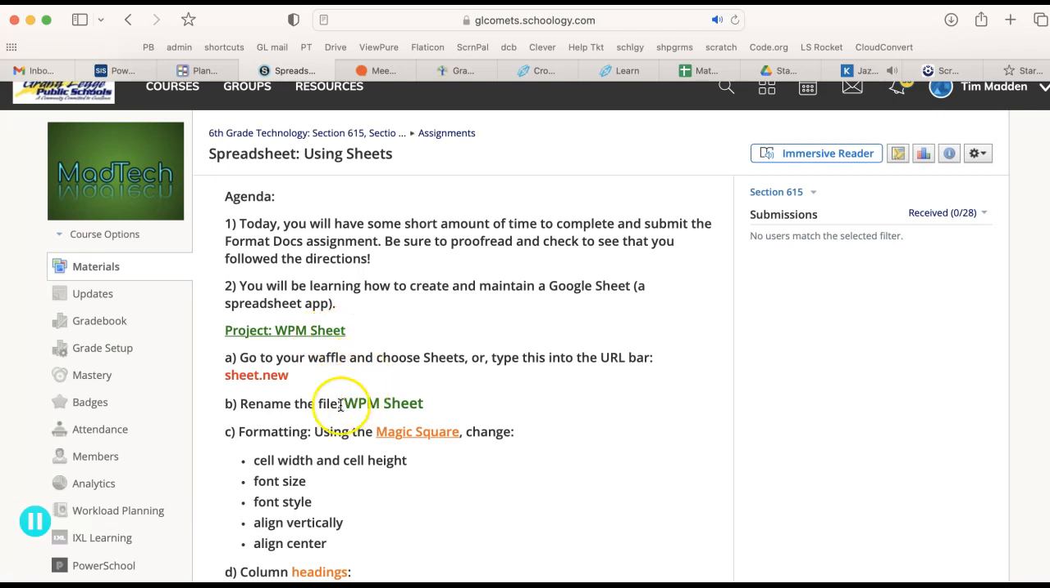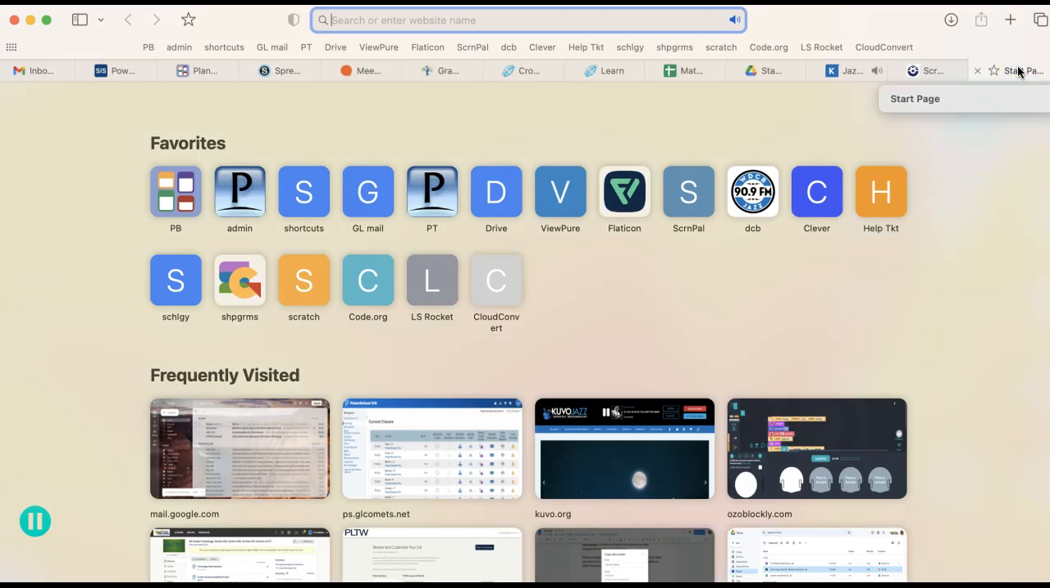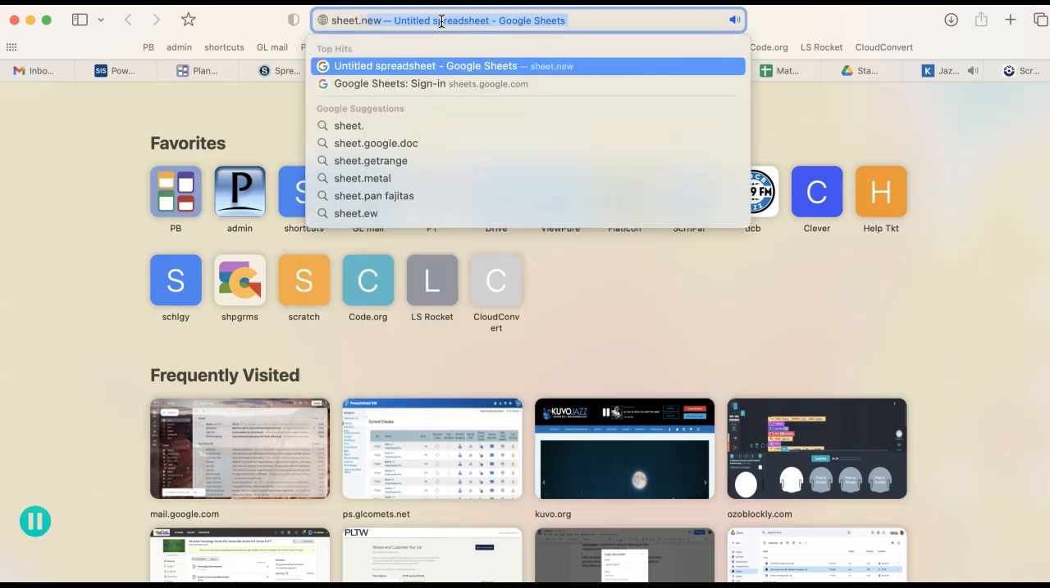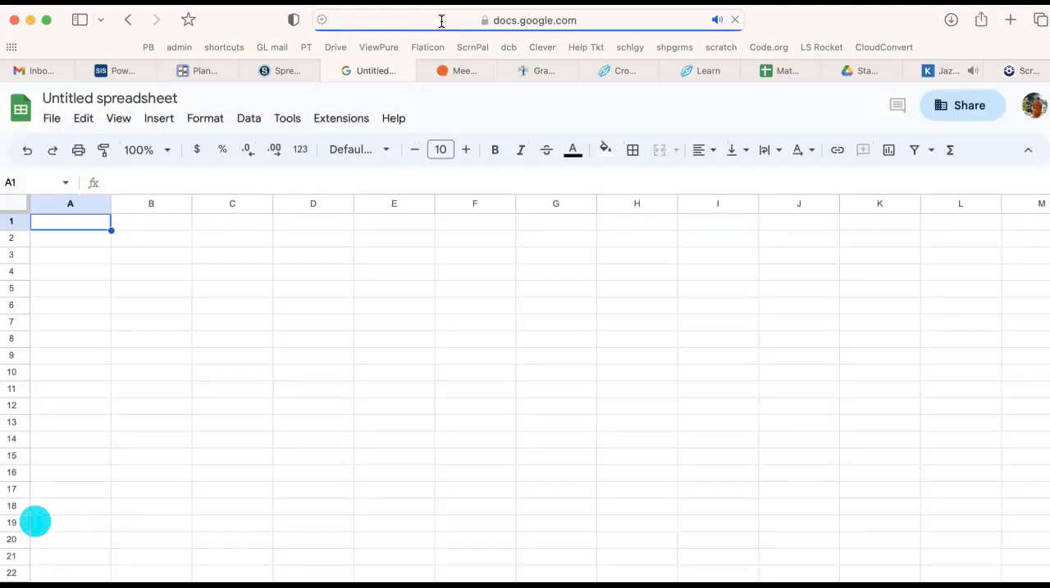Okay, directions. Go to your waffle and choose Sheets, or type this into the URL bar, sheet.new. So I'll go to my new tab, and actually I'm going to move it over. I'm not going to split the screen this time. Go up to the URL, which is way at the top. It's not the search bar in Google. Type in sheet.new, hit enter, and here's my brand new